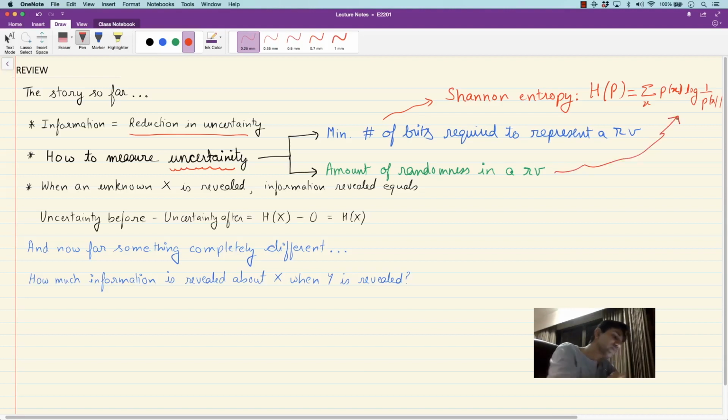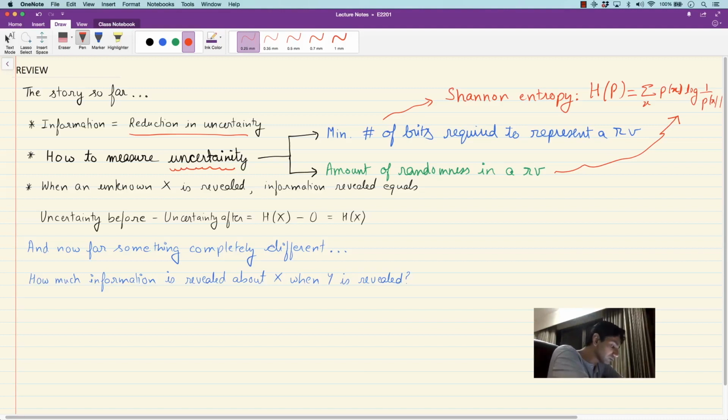Therefore, the Shannon entropy comes out as an answer to the measure of randomness or measure of uncertainty in a random variable in more than one way. And it is a fundamental quantity which will come out again and again in this course. So from here on, whenever we think of the measure of randomness in a random variable, we can simply take Shannon entropy as the answer to that problem.